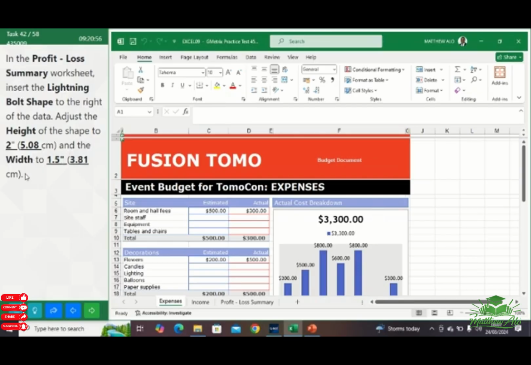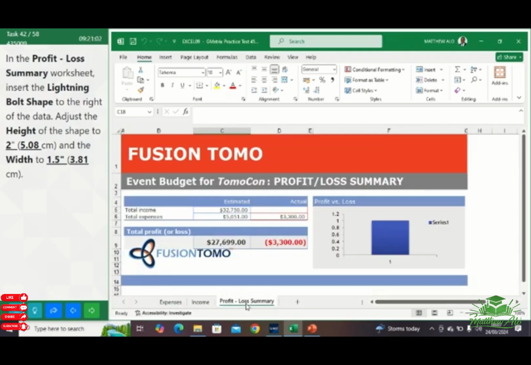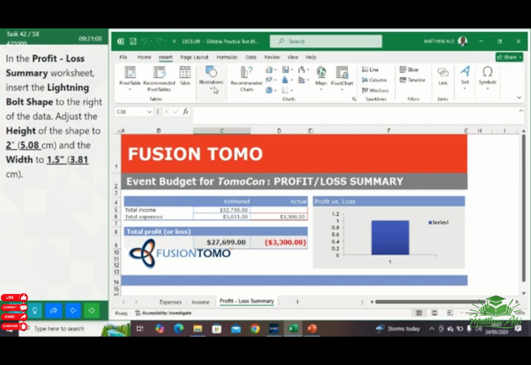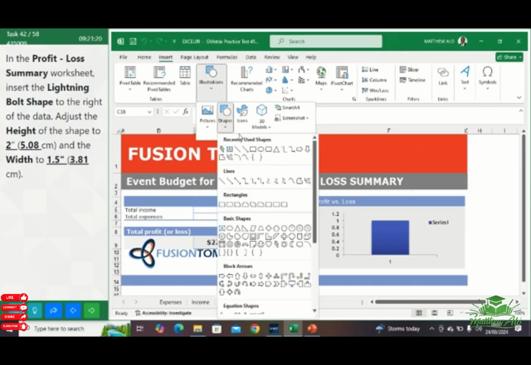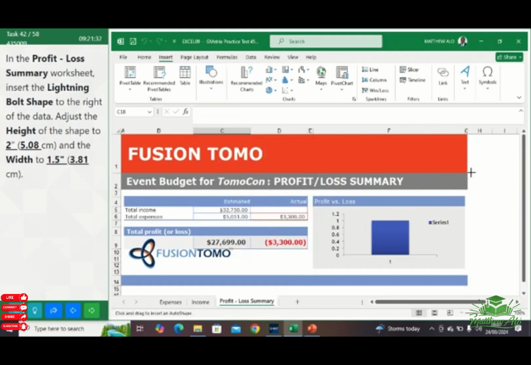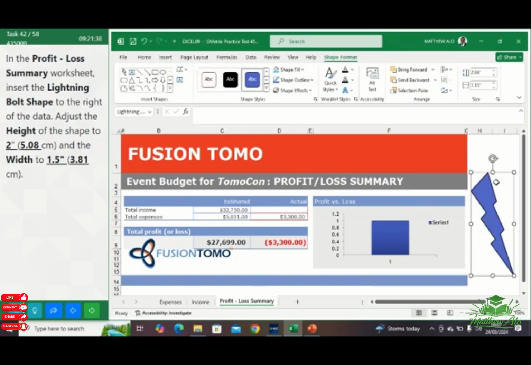Okay, to do this, just select the profit loss summary worksheet and click on the Insert tab. Then in the illustration group, click the drop down arrow. Then in the shape command, just click the drop down arrow, then go down to basic shape and look for lightning bolt. Okay, so just drag it on the worksheet to draw it,